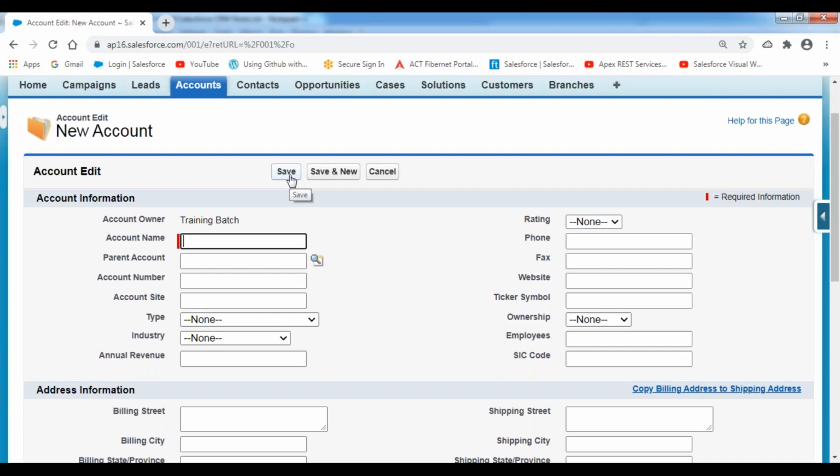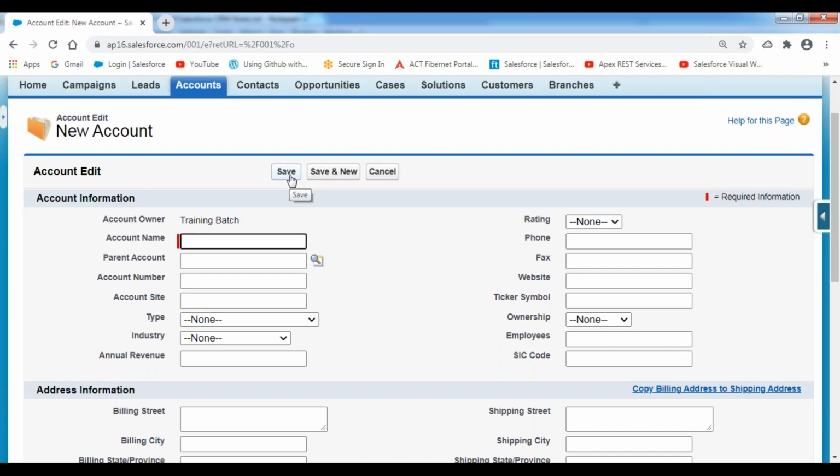Fine, no problem. But when I'm about to click on that save button, when I'm moving the mouse onto the save button, suddenly my system has been shut down. At that time, my data will be lost. But people may not have that much patience to enter the same data again and again and again. So to avoid such kinds of problems here, don't make things complex. Try to make things very, very simple. Try to reuse the same things again and again whenever you want, wherever you want.